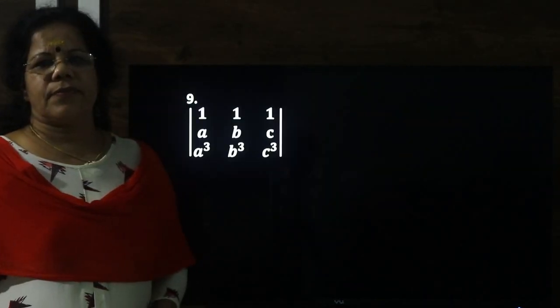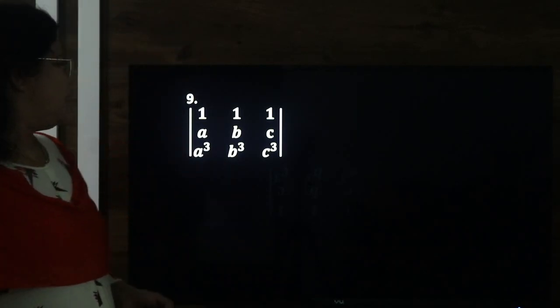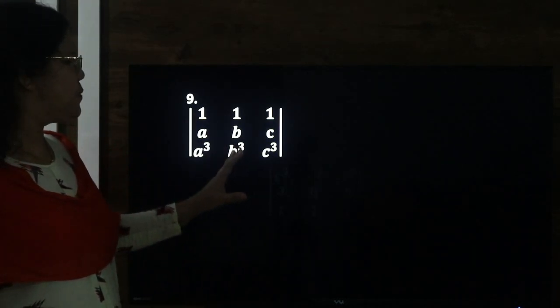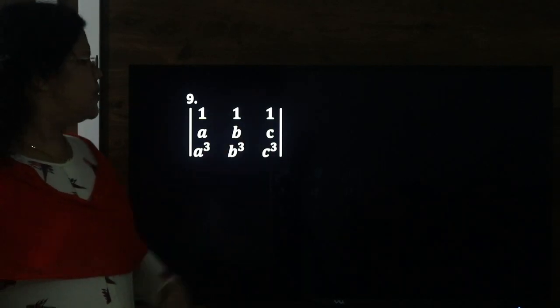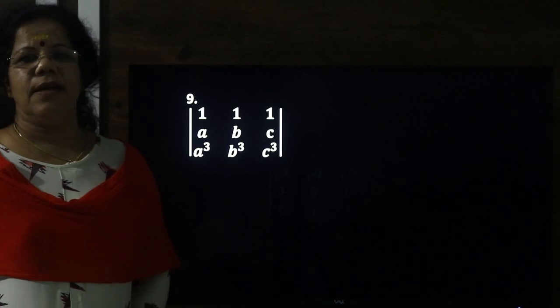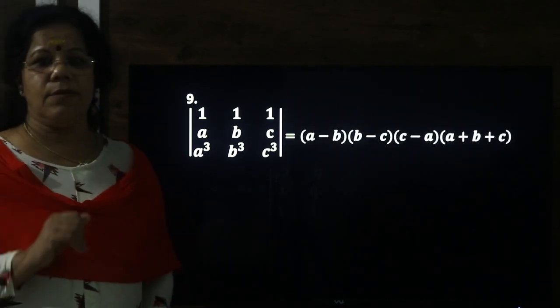Question number 9. It is again 1, 1, 1, a, b, c, a cube, b cube, c cube. Now, if I don't just evaluate this, if it is shown, you may think in many ways. If suppose it is shown that the answer will be there, so that you can see the answer and you can frame your operations, row operations or column operations.